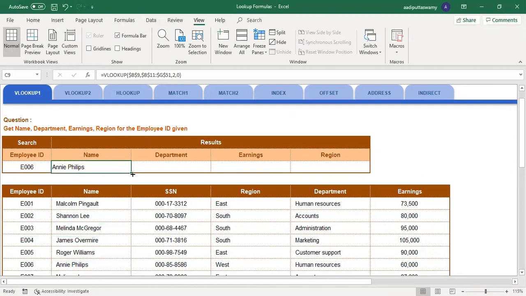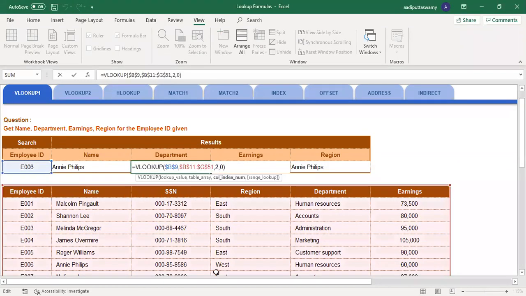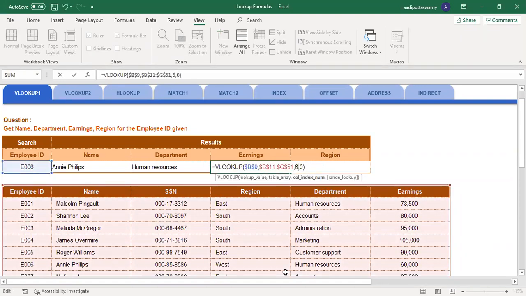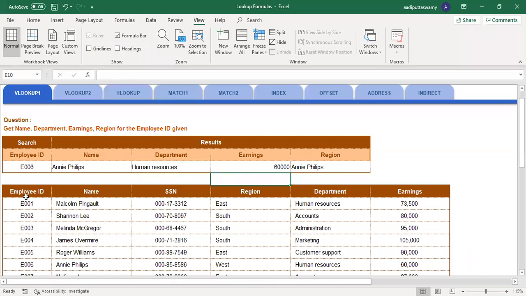Now if I drag this, I want the department value here. Say 1, 2, 3, 4, 5. I'll go here and say 5. See? Next, I have salary. Say 1, 2, 3, 4, 5, and 6. I'll go here and say 6. Next region. Say 1, 2, 3, 4. I'll say